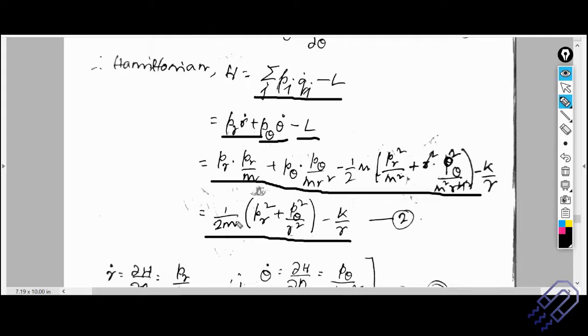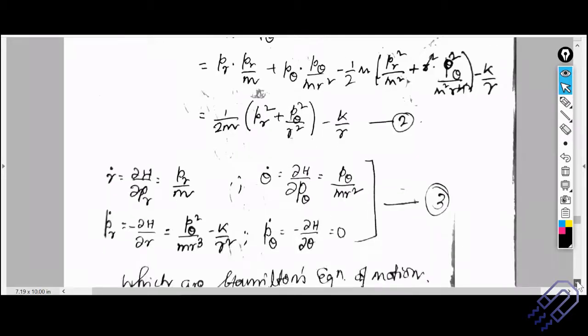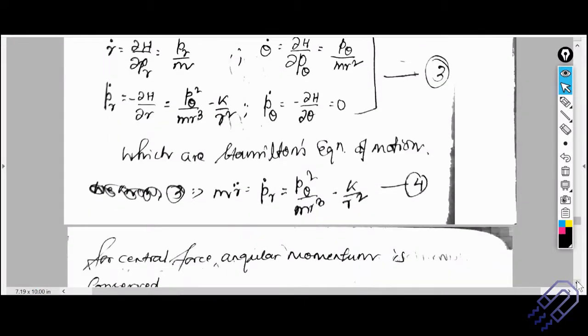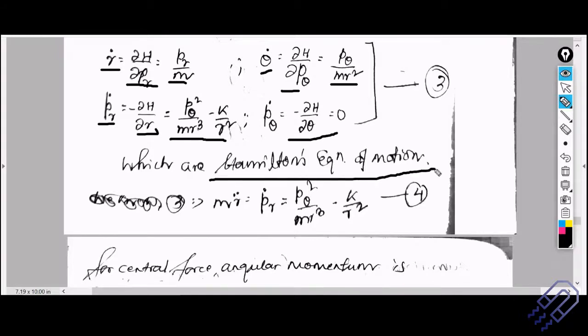So we basically have the Hamiltonian here, and once we have the Hamiltonian, we can write down Hamilton's equations of motion. We can write down r dot and theta dot, and then these are our four Hamilton's equations. If we have a look here, r dot is del H by del pr. Theta dot is del H by del p theta, which is p theta by m r squared. And pr dot is minus del H by del r. That minus sign, I hope all of us remember, is very important. And then this is p theta dot. So these are nothing but Hamilton's equations of motion.